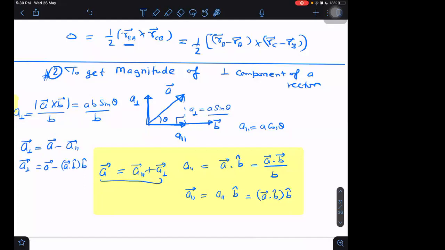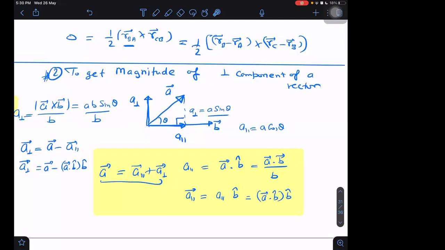But don't worry about it. Mostly, in 90% of the questions, they are asking for magnitude. If they are asking for magnitude, then I can use the cross product and get the answer from that. No problem. I will use this only. Really, I will prefer to use this. But in case they have not asked for the magnitude, but are asking to find the total vector with a direction also, then I have to go through this method only. There is no other alternative. Then I will first have to find the A parallel component, and then subtract that component from the total vector. Then I will get the remaining vector, which will be A perpendicular.